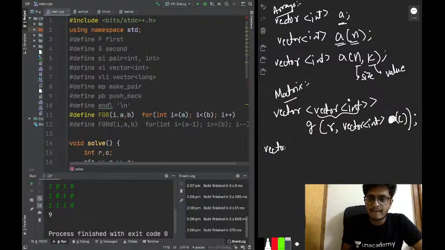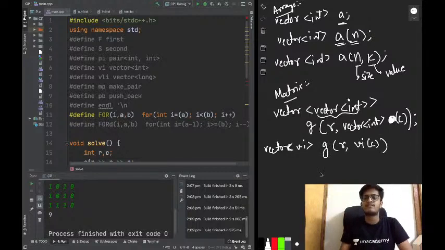Vector of integers G of R rows, initialized with a vector of integers of size c. Vector of integers named G initialized with R rows, each of them containing a vector of integer of size c. This is my grid of size R cross c.